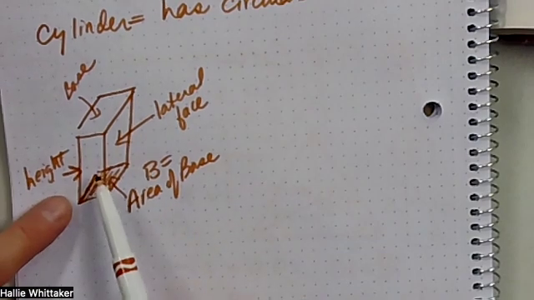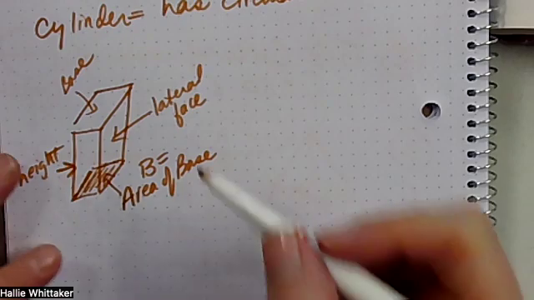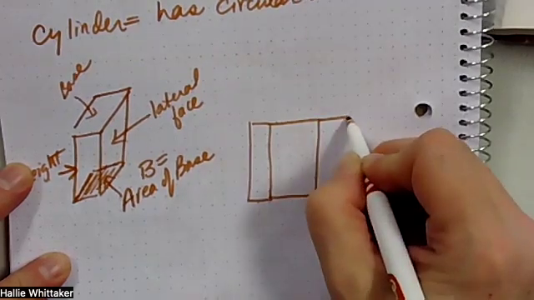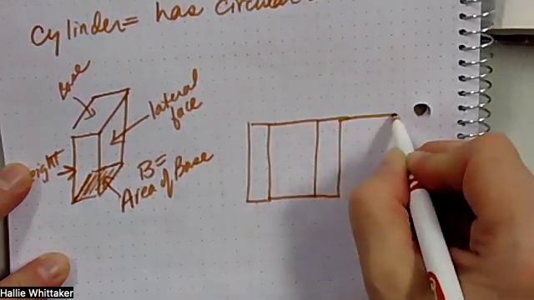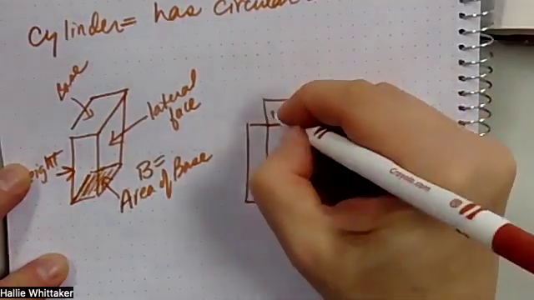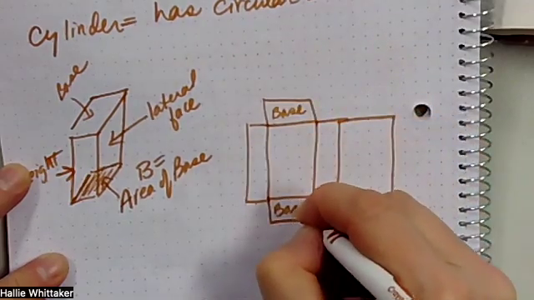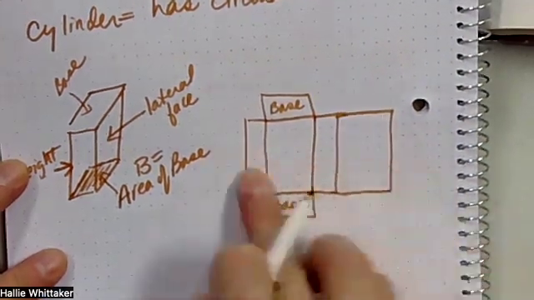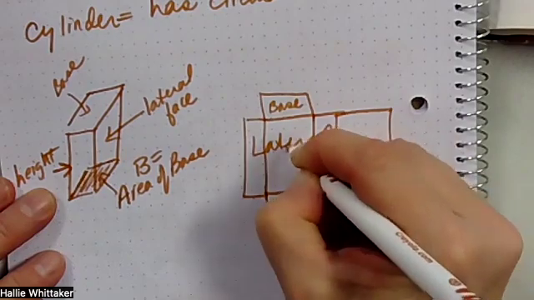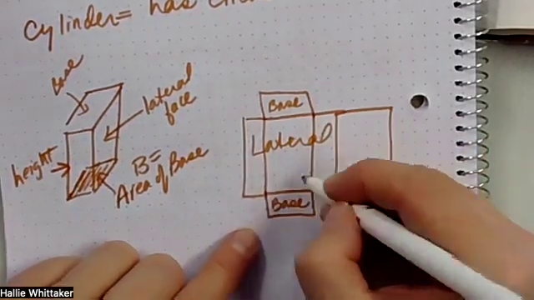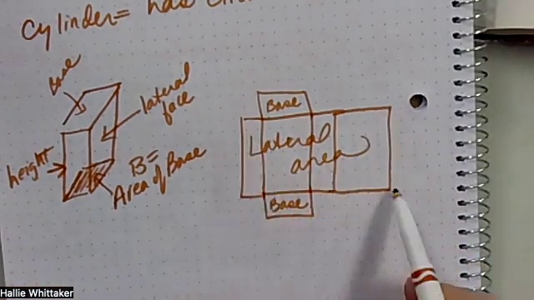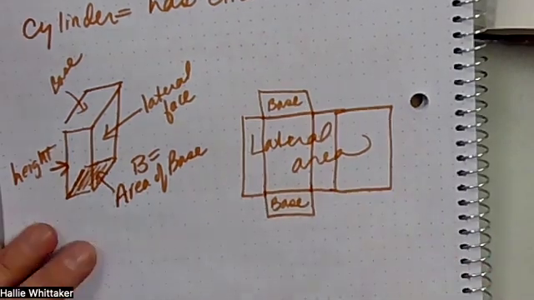If we tear this box apart, it's going to look something like this. Remember the net, where it becomes two-dimensional. So here's a base, here's a base, and all this across here is going to become our lateral area. We're not going to break it up and do individuals. We're going to find this whole area for the lateral. And how we do that,